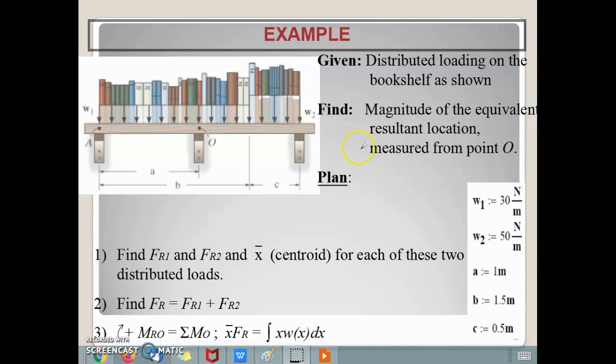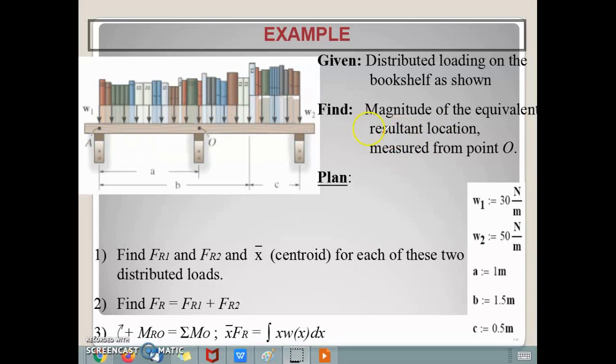Okay, now let's do an example here. Given the distributed loading on the bookshelf as shown, so you have a distributed load system like this. Find the magnitude of the equivalent resultant and its location, which means the equivalent resultant force of the distributed load, and